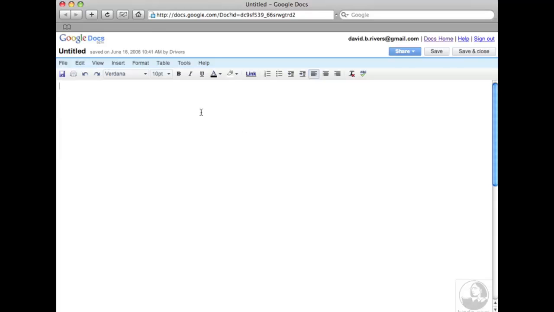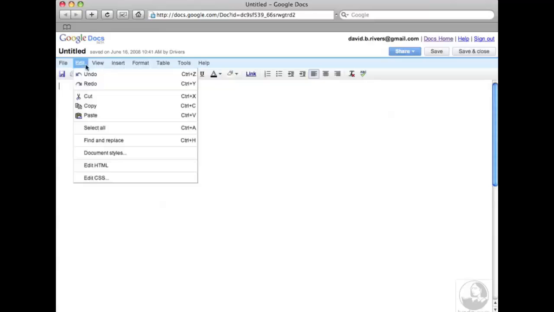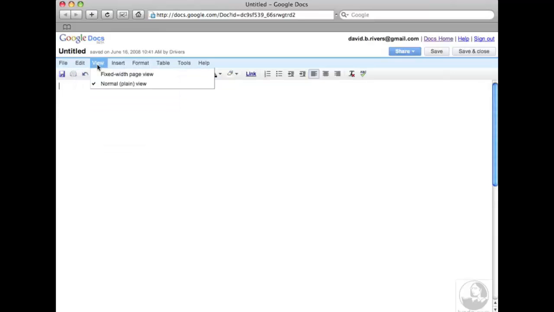We've got some other menus like Edit with editing commands: undo, redo, cut, copy, paste, find and replace. We'll look at those later. Under View, this is important. Currently, you can see a check mark here next to Normal Plain View. You may have noticed down below here I've got a flashing cursor in this great big white space. Typically in a word processing application, you'll get an idea where the edge of the paper is, your margins, and so on. To get that same feel here in Google Docs, you need to choose Fixed Width Page View, which